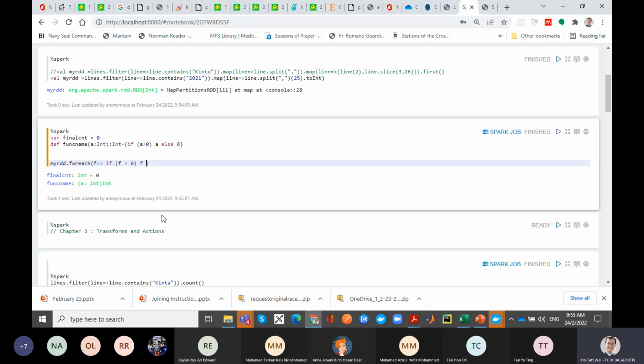Else. I'm not entirely sure. I can spend a bit more time debugging this, but I think foreach is not